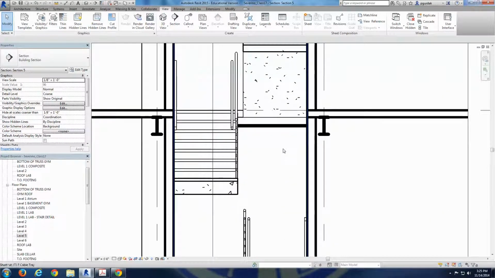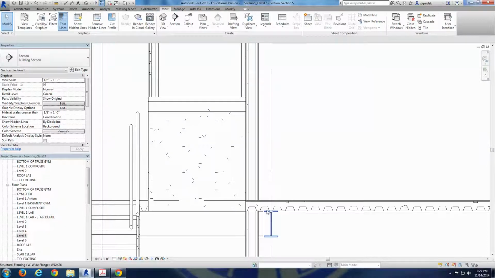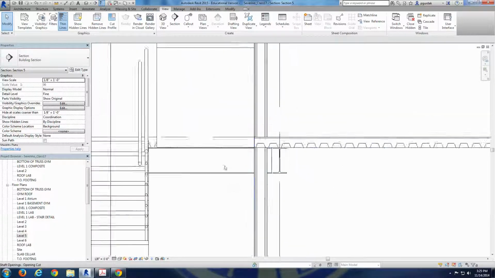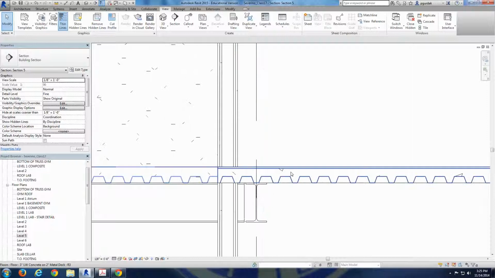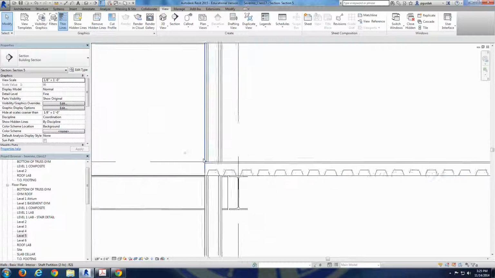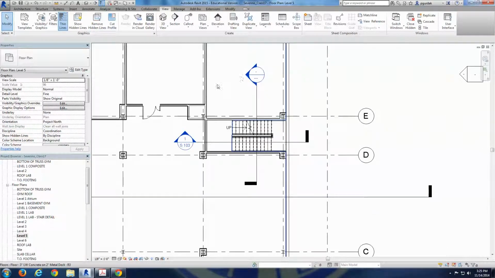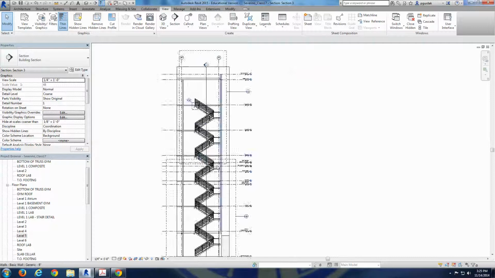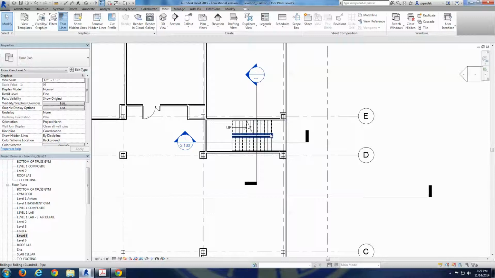I'm going to say thin lines and see what's happening here. Make sure that I have fine detailing. And this is what happens in the section. So basically we have the floor with the finish line. This finished floor line should finish here, but we're not going to change that. But I really want not to see through the other section, I don't want to see the elevation of my floor here. So basically in terms of construction,